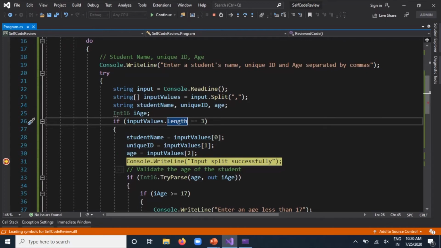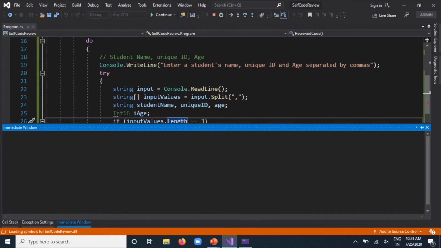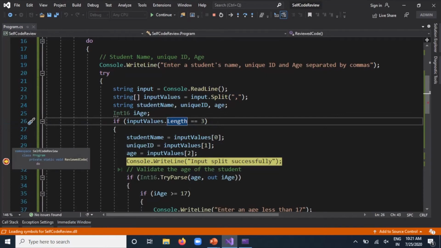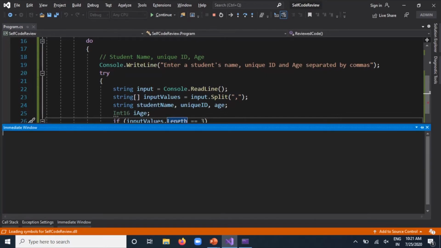To open up the immediate window, either click here, down below you can see something called the immediate window, you click over here, or you can use the shortcut key Ctrl Alt I. Personally, I prefer using shortcut keys as that is much easier. So to get the value of age, I just type the variable name and press enter. So this gives a value of 99.